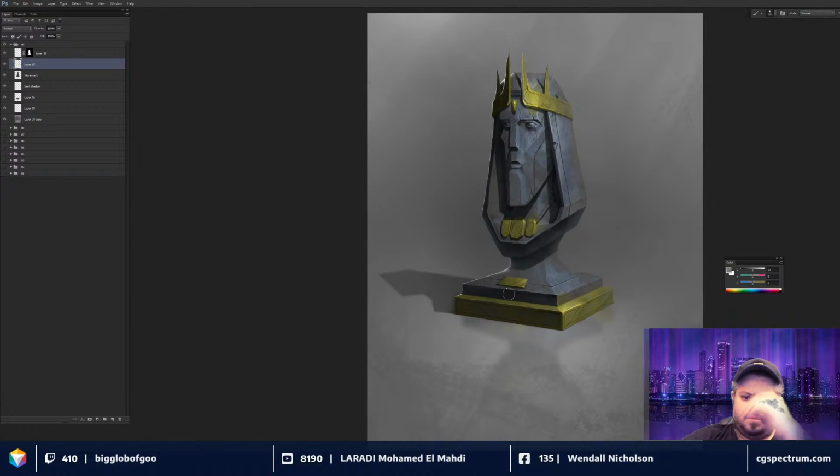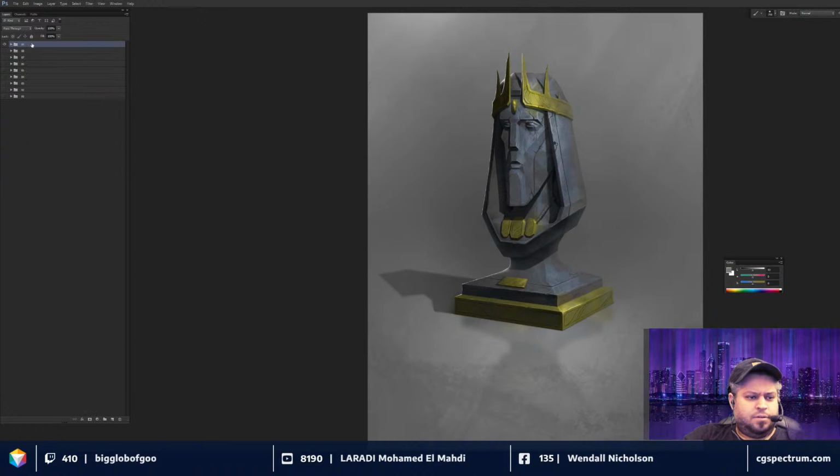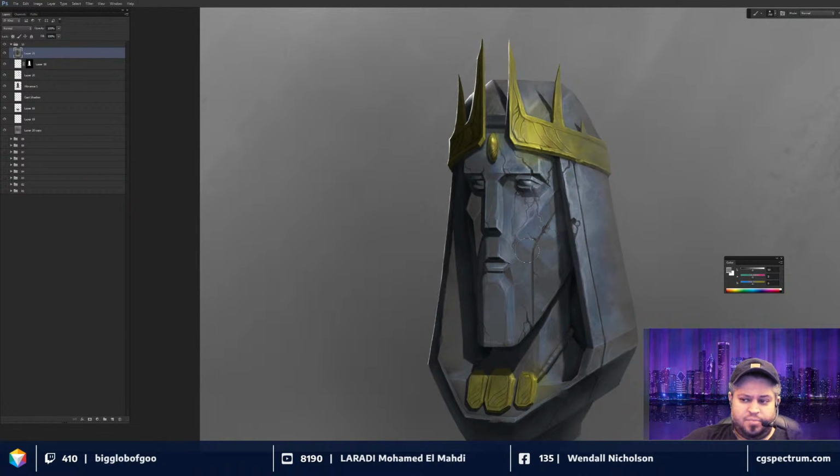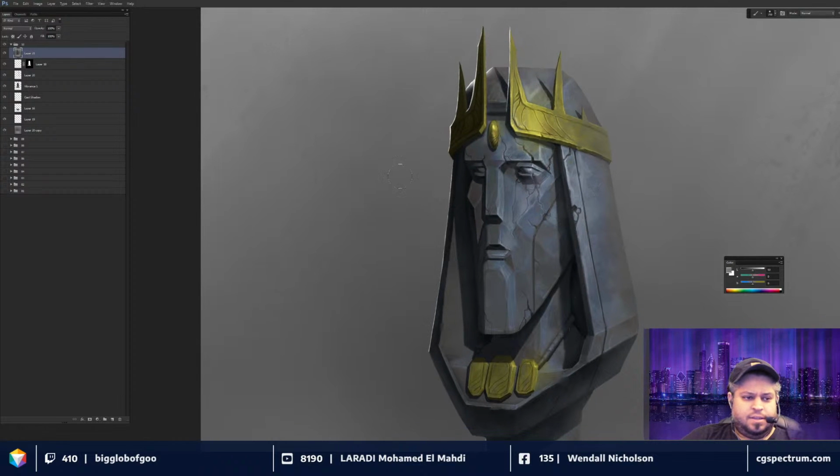Yeah, I think it's all pretty much locked in. So let's do our final pass here, which is just a bit of sharpening. I always like to sharpen the piece a bit. A couple of my favorite ways to sharpen: one is using unsharp mask. The other one is using